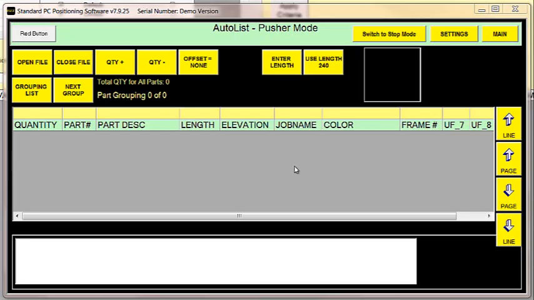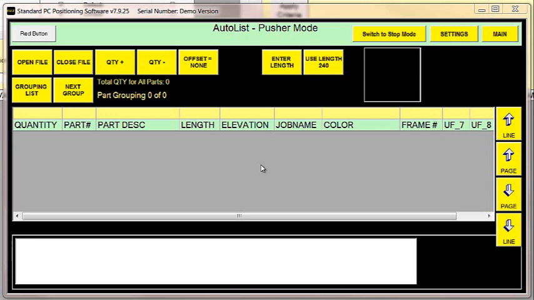Alright, so we've covered using the AutoList with hardwoods with varying random lengths and defects. We've covered using the AutoList with material that doesn't have any defects, such as aluminum. Now we're going to cover using the AutoList with material that has no defects and where the cut list has already been optimized. If you have optimizing software that takes a cut list generated by your design software and then optimizes it and tells you what material to order based on your orders that you have,